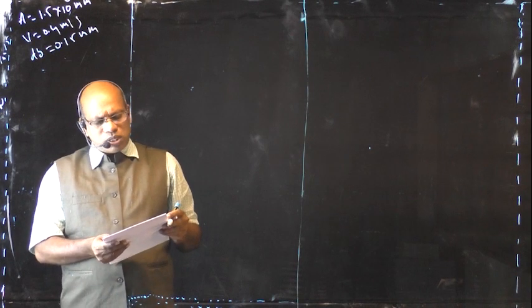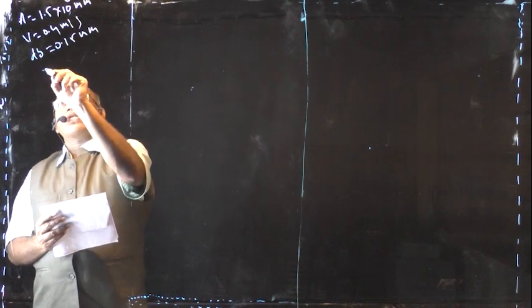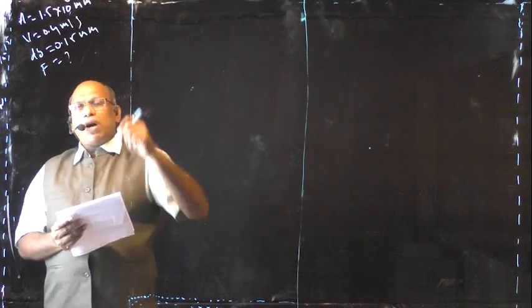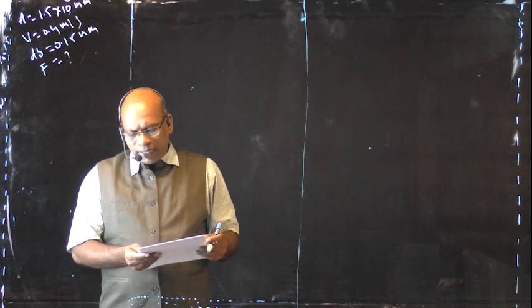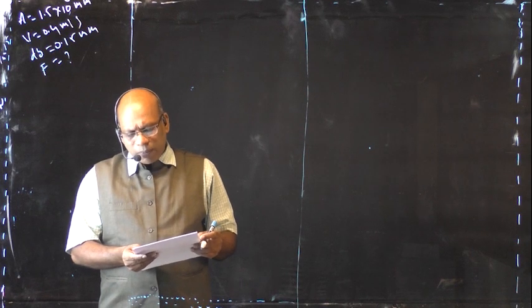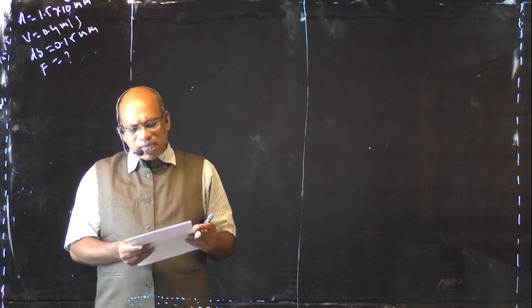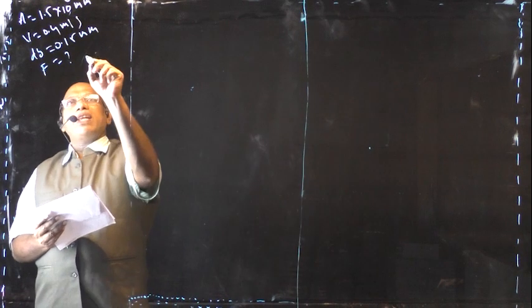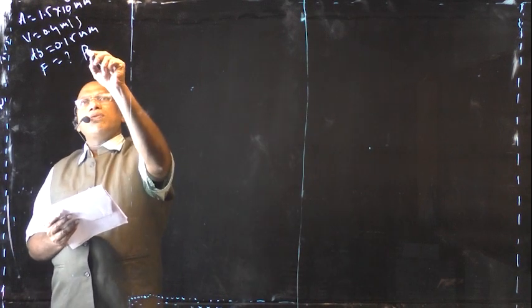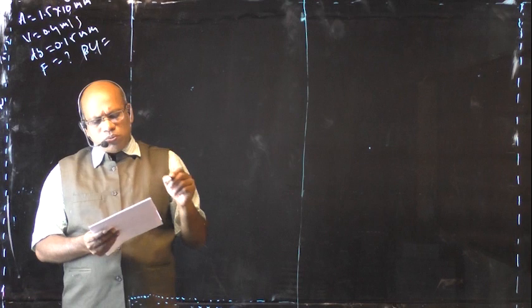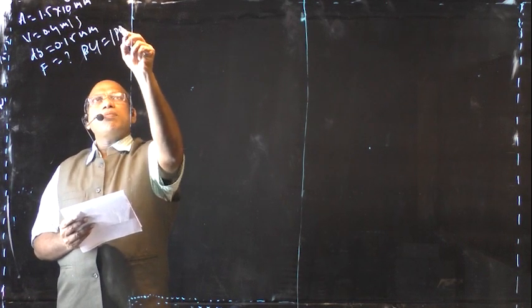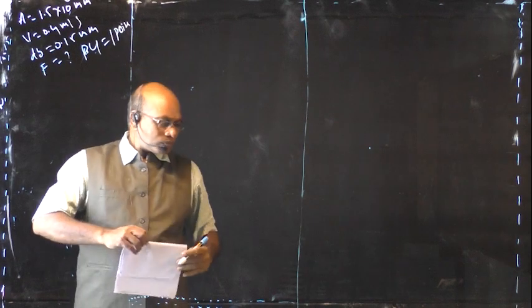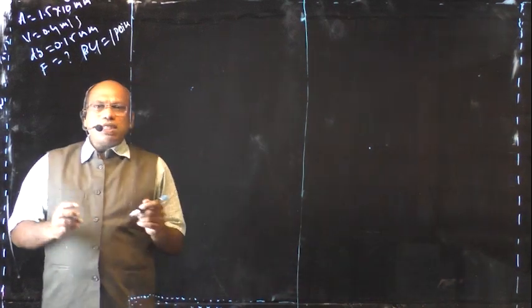Find the force F, and also the power required to maintain the speed. The fluid separating them has a viscosity, mu, equal to 1 poise. Right, for the determination of force,